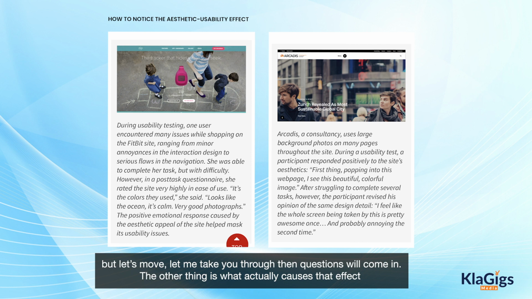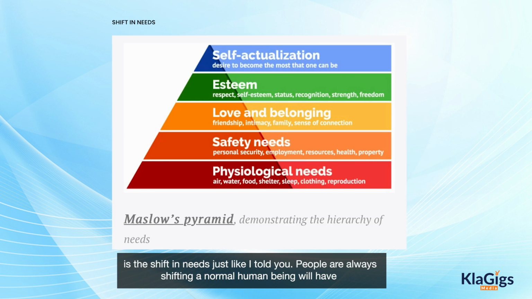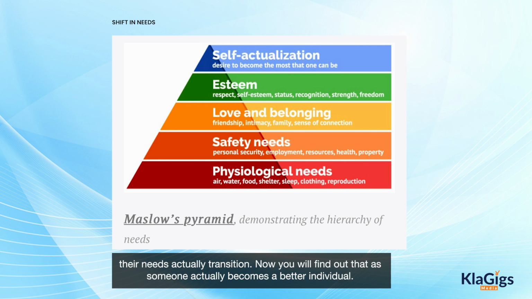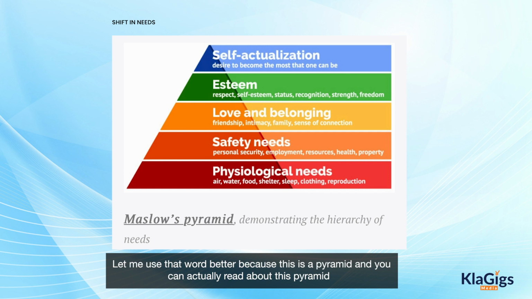The other thing is, what actually causes that effect is the shift in needs. Just like I told you, people are always shifting. A normal human being will have only what they call physiological needs: air, water, food, shelter, and so on. Now, as they become better individuals, their needs actually transition. As someone becomes a better individual, let me just use that word, better, because